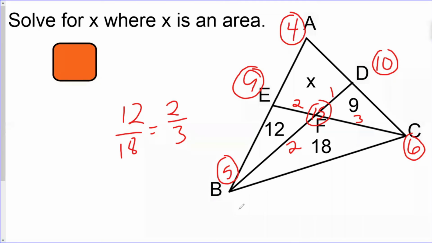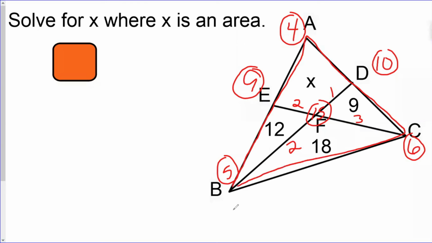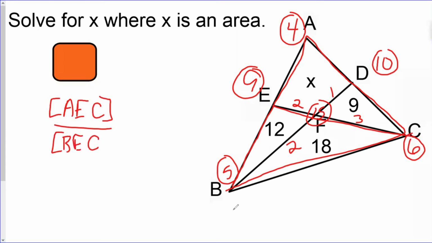Now what we're going to do is look at a ratio of our areas, right? We know that if we split up the entire triangle into, let's say, these two pieces, we're going to split it along EC. We know that the area of EAC over the area of BEC should just be a ratio of their areas and their base lengths. If we're talking about their base lengths, this should be a 5-to-4